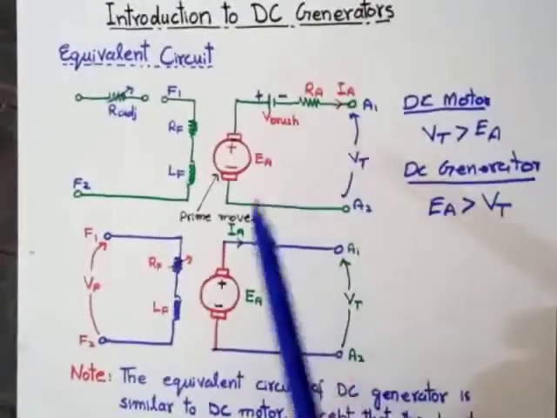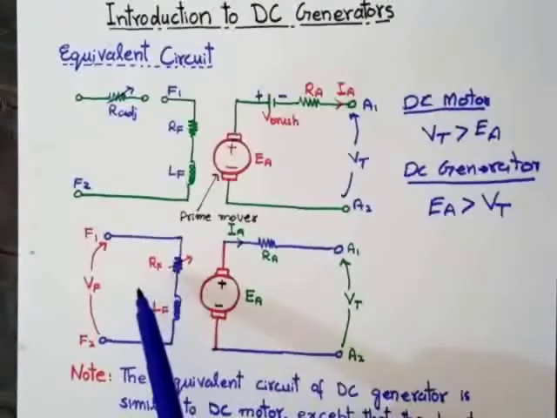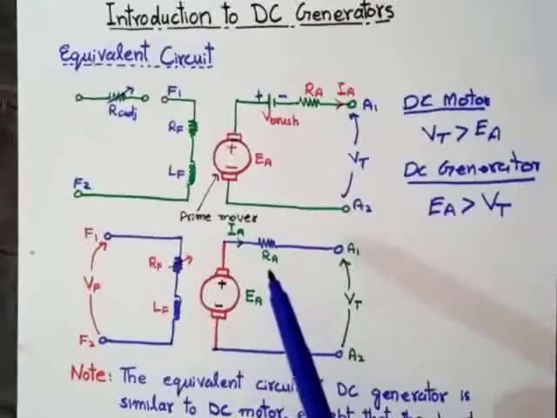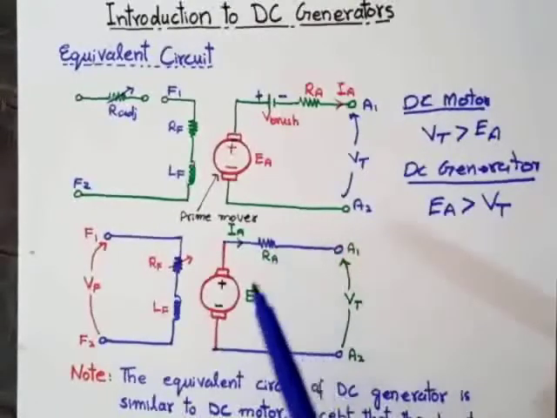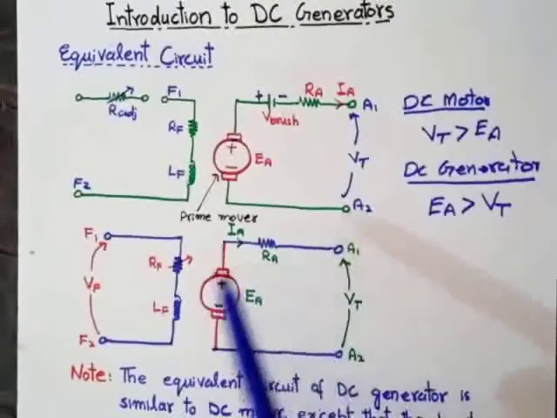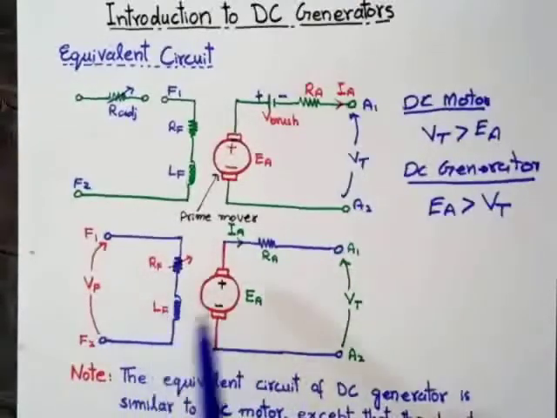Then the equivalent circuit will be like this. This is the field circuit and this is the armature circuit. We neglect the brush drop voltage because the brush drop voltage is approximately equal to 0. That's why we can neglect the brush drop voltage. We normally take the brush drop voltage as 2 volts. This is the field circuit of the DC shunt generator. This is the equivalent circuit of the DC shunt generator,